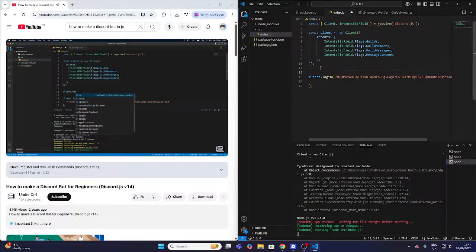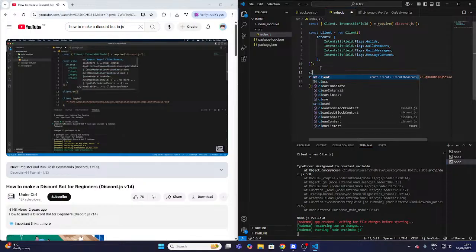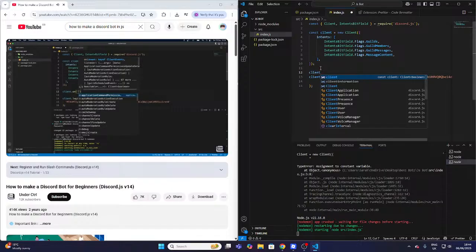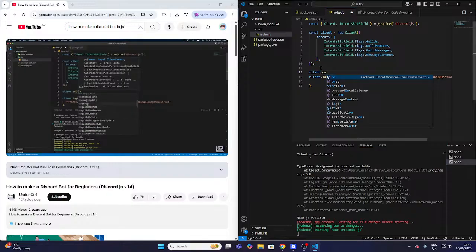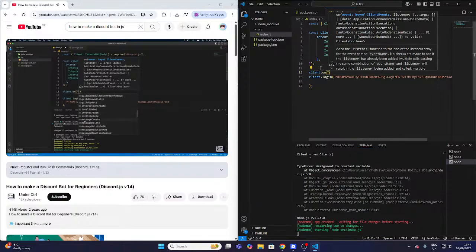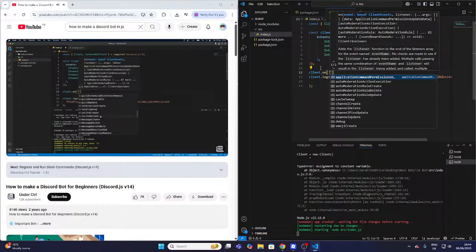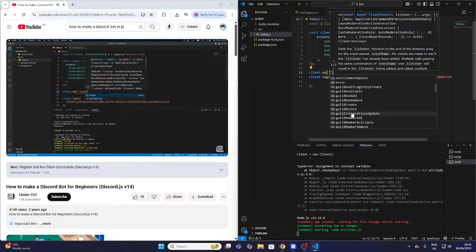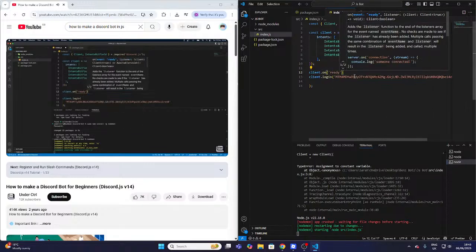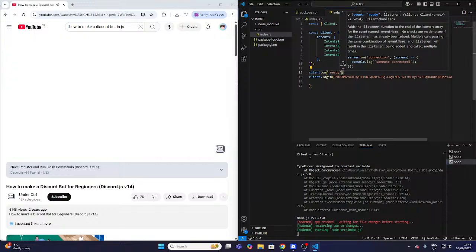client.on, and the on is a method which basically has access to a list of events. Now there are many events like channel create, channel delete, errors, message create. This is something we'll use in today's video, and the one that we are looking for right now is called ready. So let's type out ready, and basically what this does is it listens when our bot